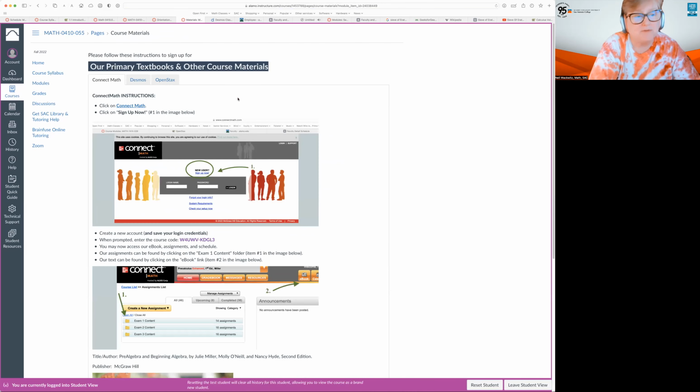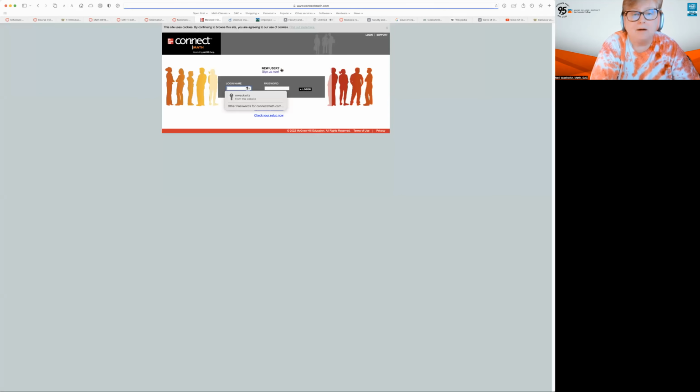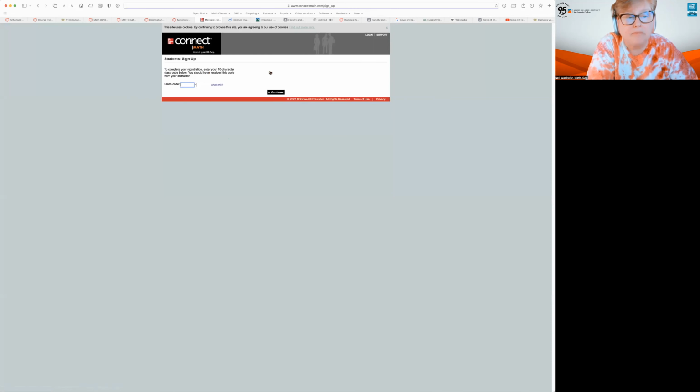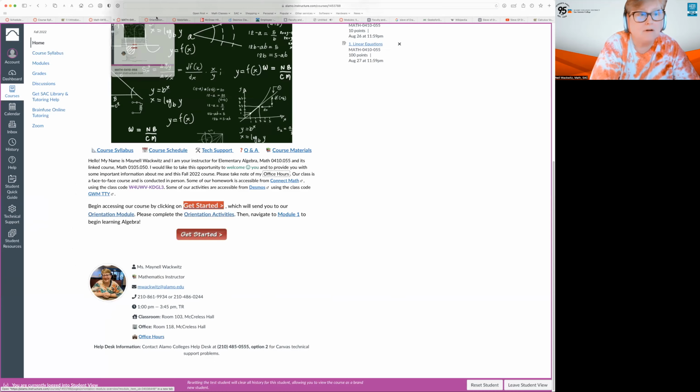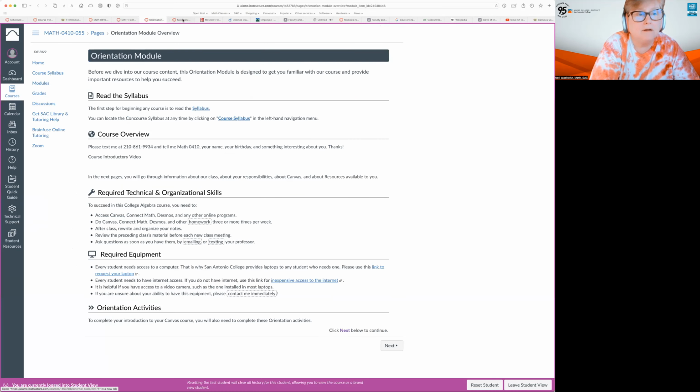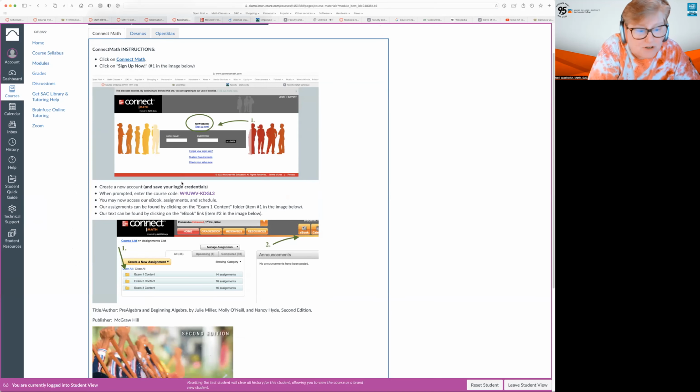This next page has really important information about the materials for our class. So the first one that you see is Connect Math. And if you press on this link, I'm going to pretend that I don't have a login. I would press sign up now. And it wants my class code. The class code, let's go back to the page where we were. Here we are. Our class code is right here,